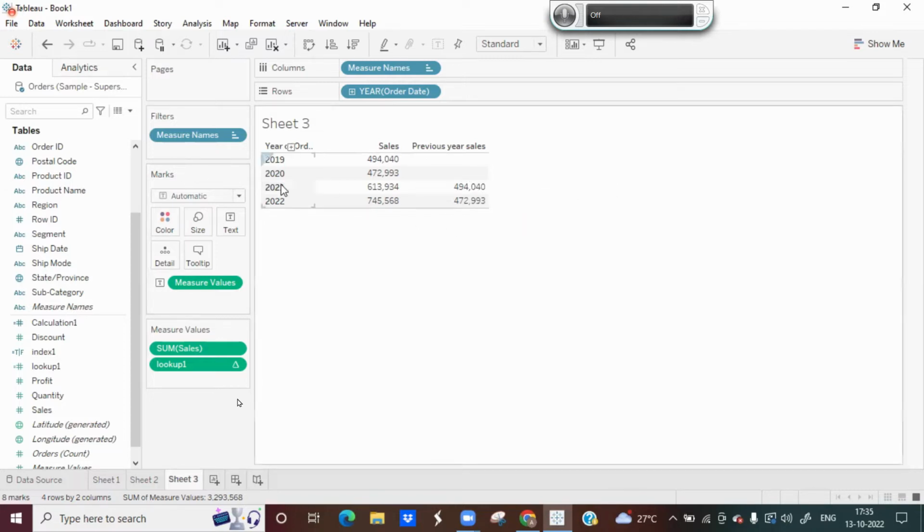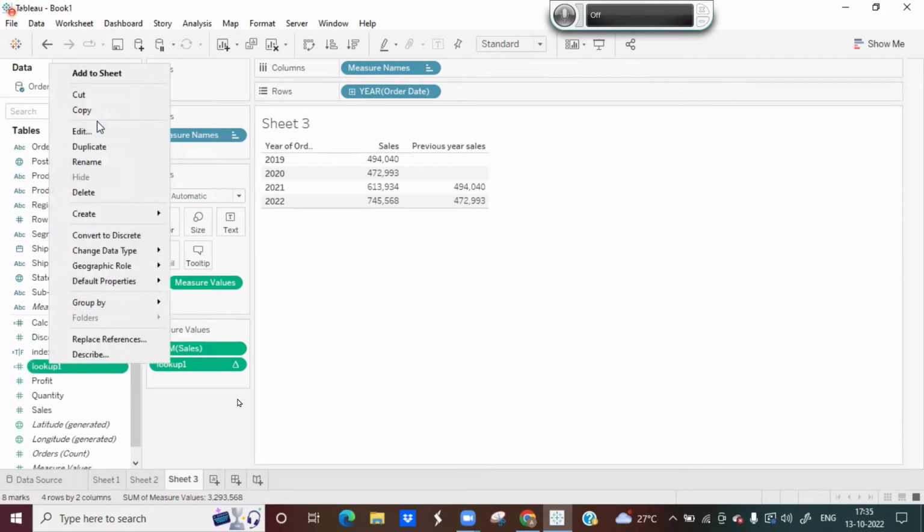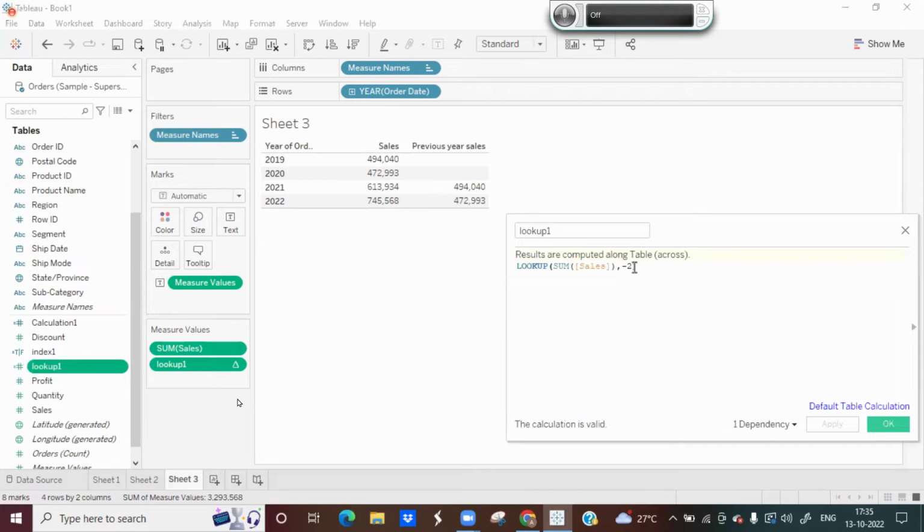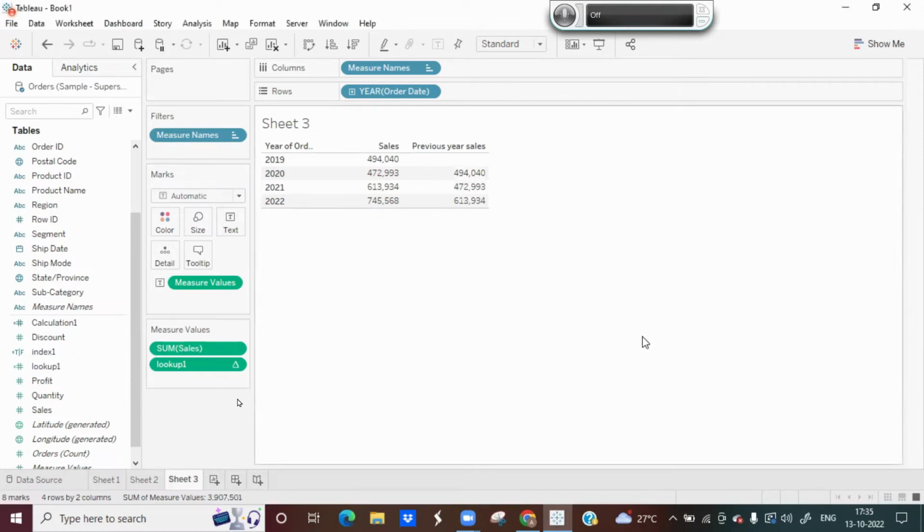No. I am in 2021. Previous two positions: 2020, 2019. Yes, I have 2019 data. I am in 2022. Previous two years: 2021, 2020. Okay, like that you can change the position. So right click on this, edit. What value am I trying to give? Only -1, because I have given the heading called